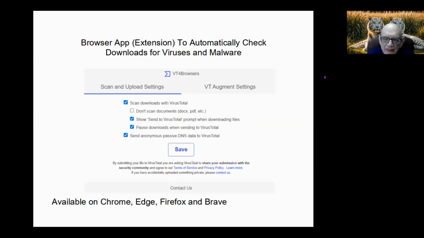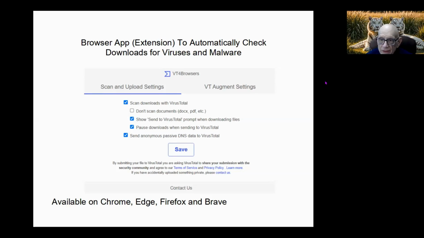This is something I have installed on my browsers. This is fantastic. It's an extension called V2 for browsers. And what it does is it automatically checks for viruses and malware before you download them. So you give it a prompt, it asks you whether you want it verified, you tell it where to save it, and before you actually save it, it will come back with a report as to whether it has any viruses or malware attached to it.